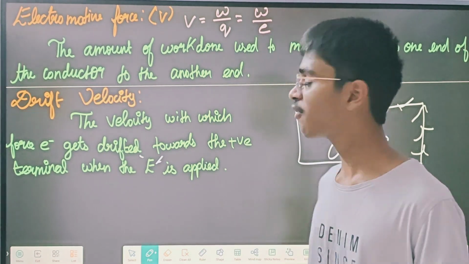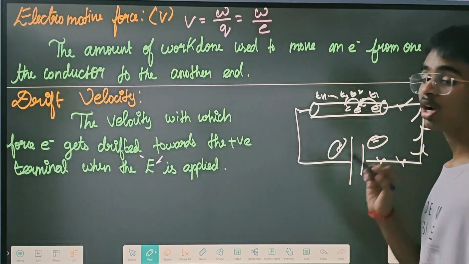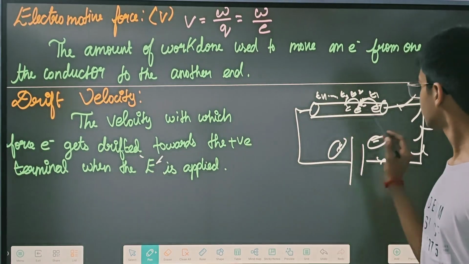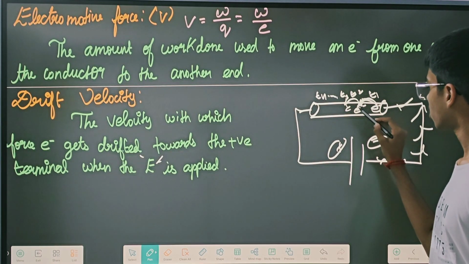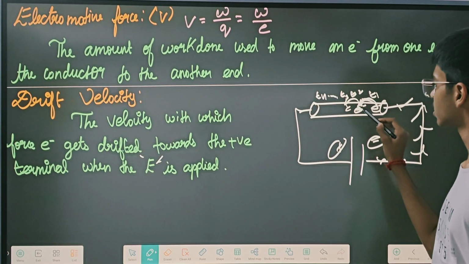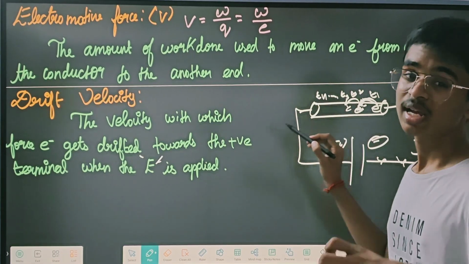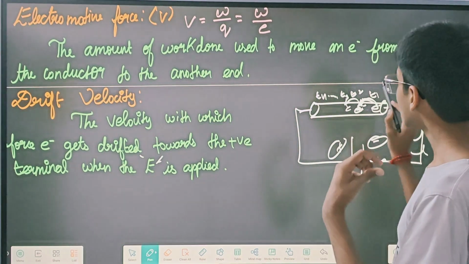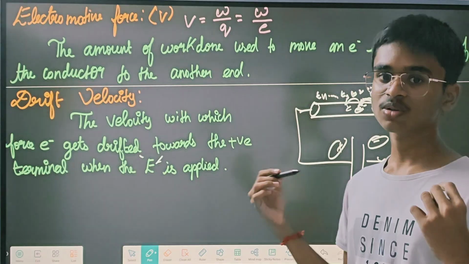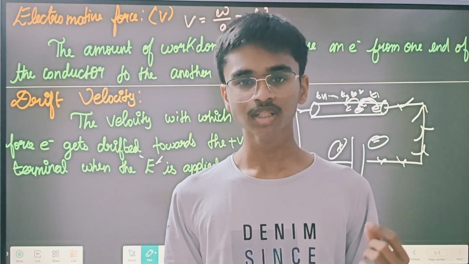After hitting, they will get some velocity, not before hitting, after hitting. See, this electron is going to hit, so after being hit it is going to have some force, some speed, some velocity. That velocity is what is known as